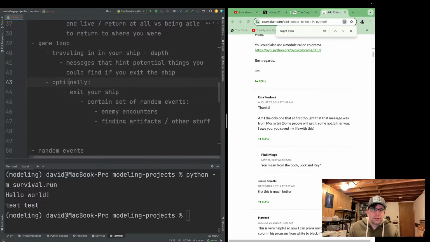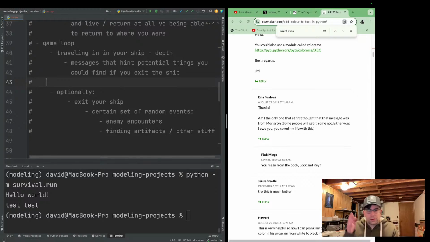So certain kinds of things you would definitely know about without exiting your ship, like if you came across the wreck of a previous expedition.